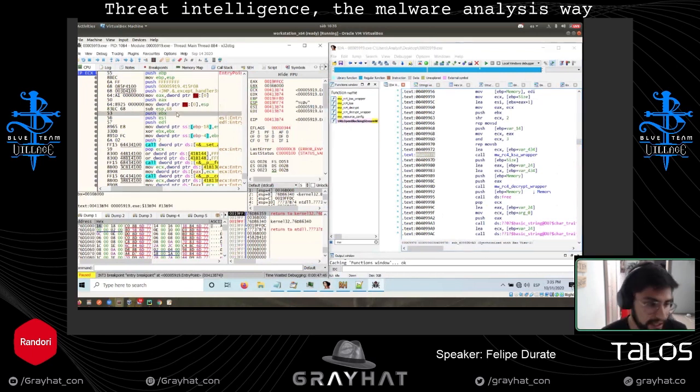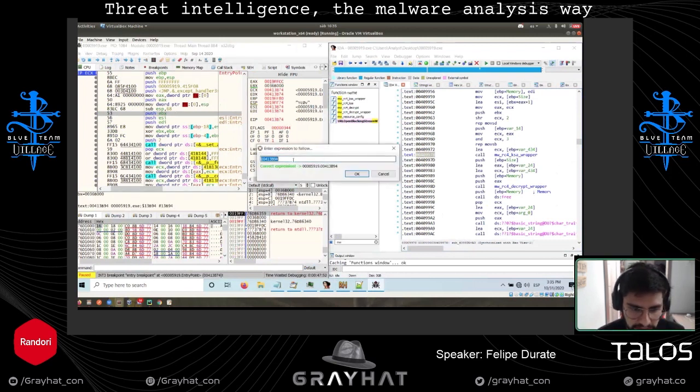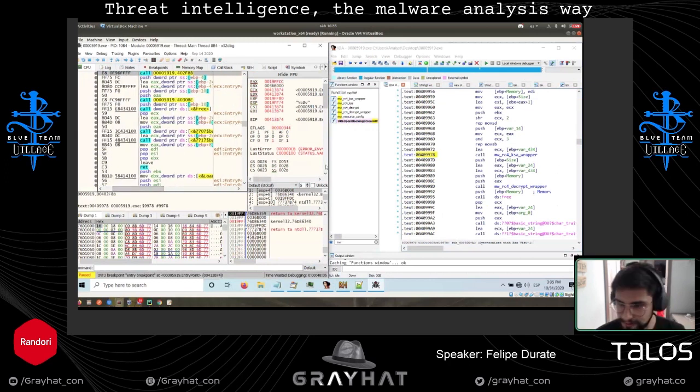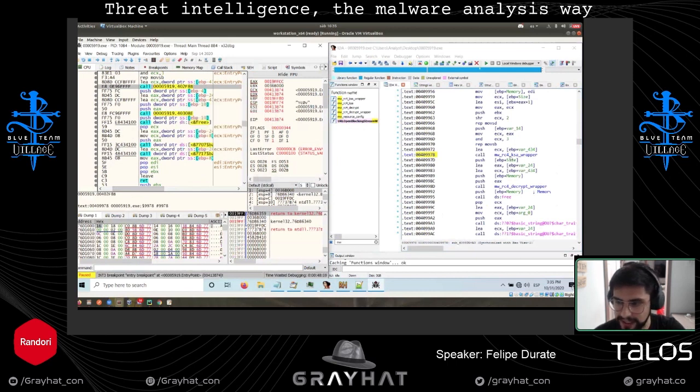To find those functions in the debugger, I'm going to press Ctrl G, follow instruction, and copy this address here. Perfect.